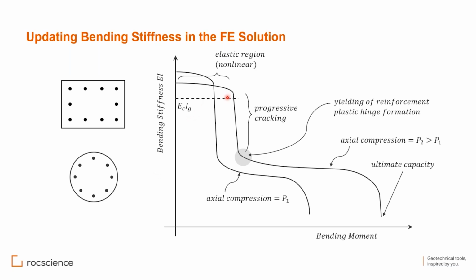Your bending stiffness gets updated every iteration of the solution. If you see how this bending stiffness gets affected by the bending moment, the direct relation between the two is that EI equals M over the rotation of the section, phi. It starts with no moment, so only axial load, and